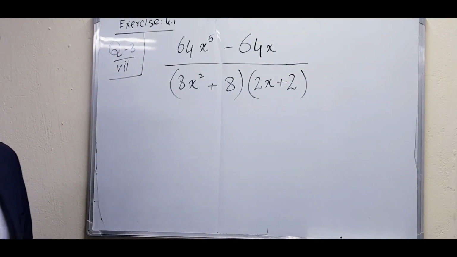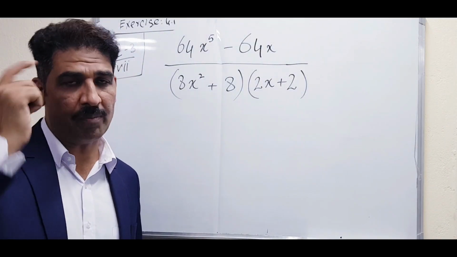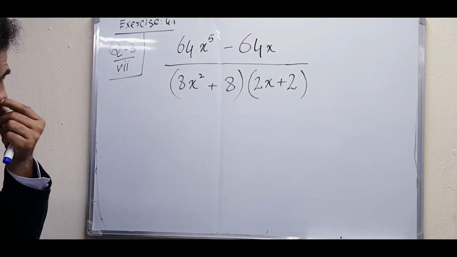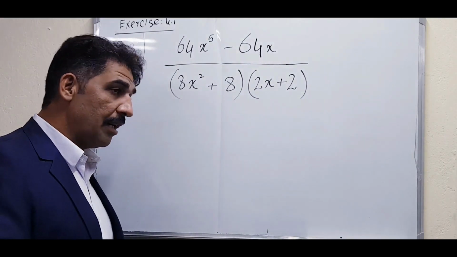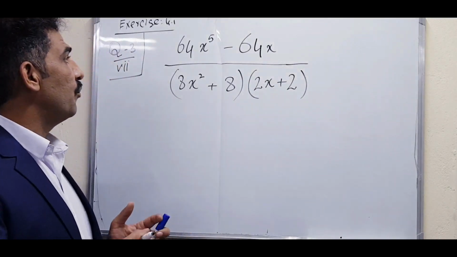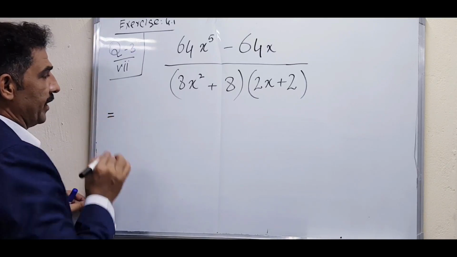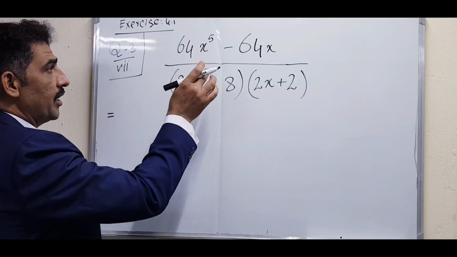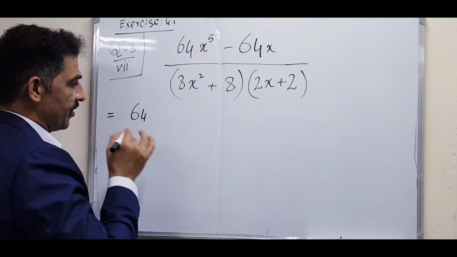But first of all, in factorization of an algebraic expression, keep one thing in mind. First try your best to check whether any number is possible to take common. If it is possible to take common, then take it common, and then we will be able to find the formula. So what is common in the numerator? Upper part, meaning the numerator. What is common in the numerator? Good, right. You are right. So what is the common? 64. We will take 64 common.